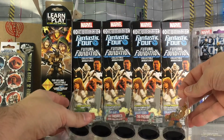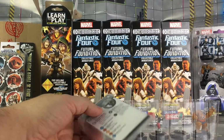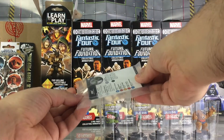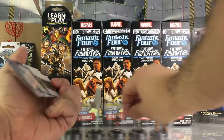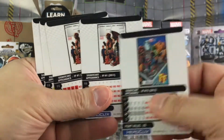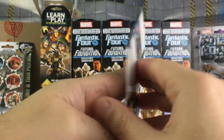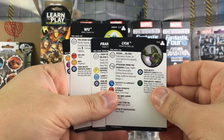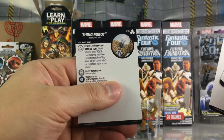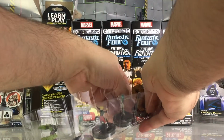Oh, the thing has a helmet on. I'm not familiar with that one. Okay. So, first the cards. Again, these are the comic books. Very nice. That one looks like an old school comic. Here's a look here. Oh, it's a Thing robot. Okay. That's cool. All right, so last time